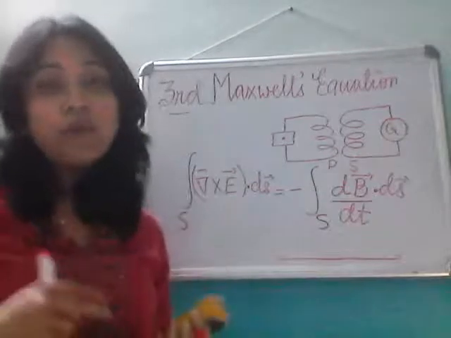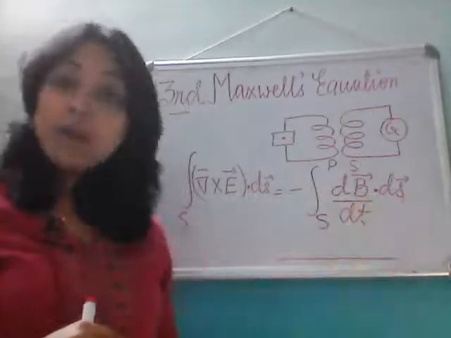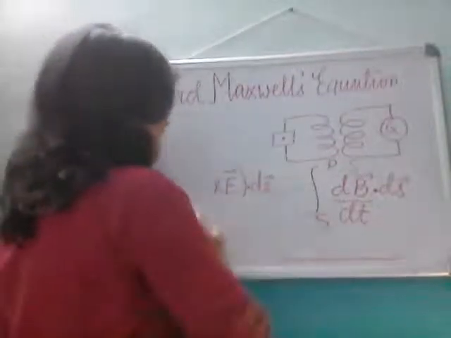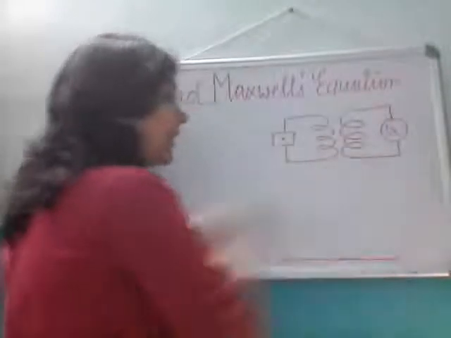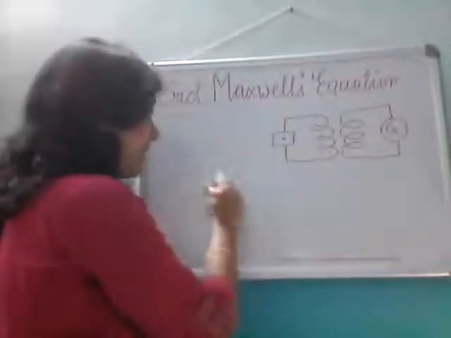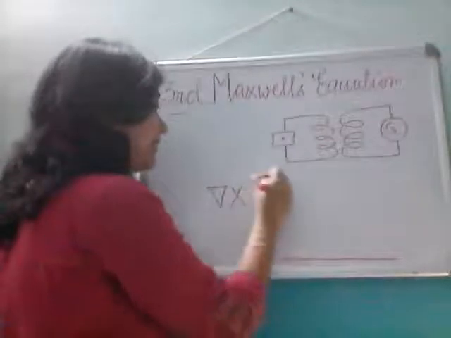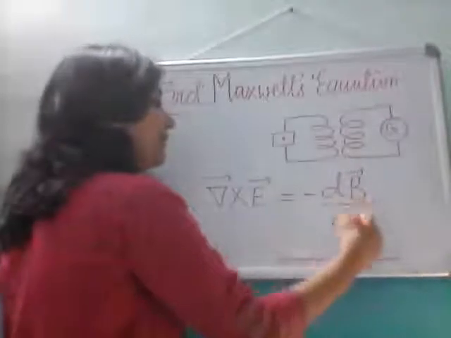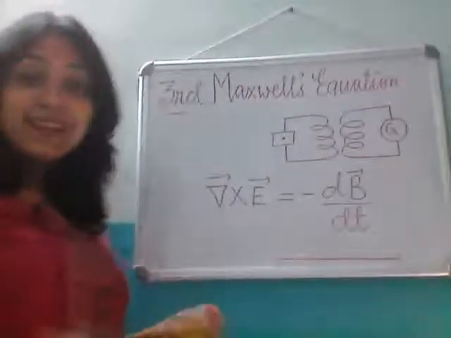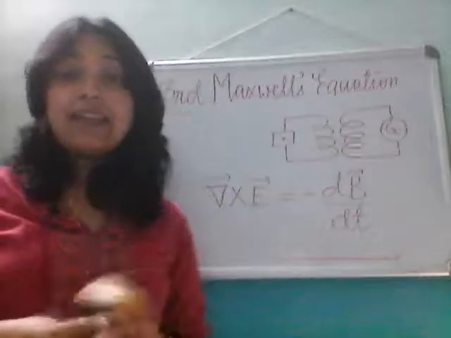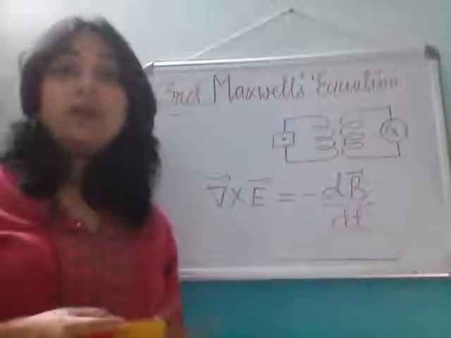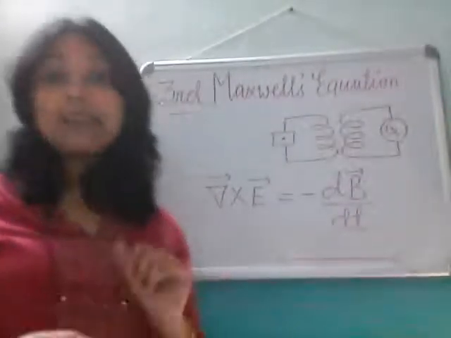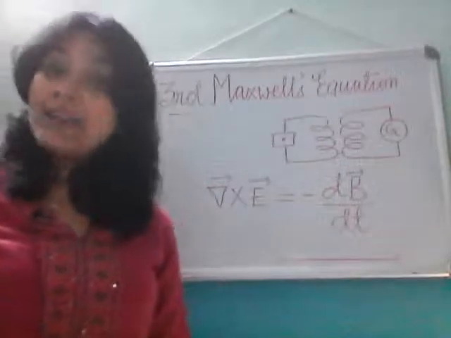So now we can compare the left hand side with the right hand side very easily. And when I do so, obviously the surface part is common. So what can I now do? I can then very nicely convert this integral form into the differential form and write curl of E is equal to minus dB/dt. Right? So when I was writing line integral E dot dl is equal to minus d/dt of the integral of B dot ds, that was essentially the integral form of